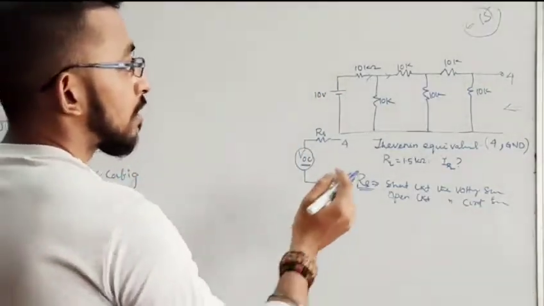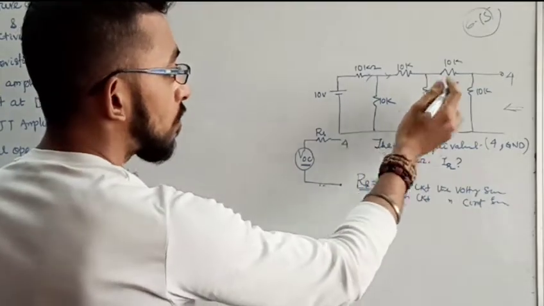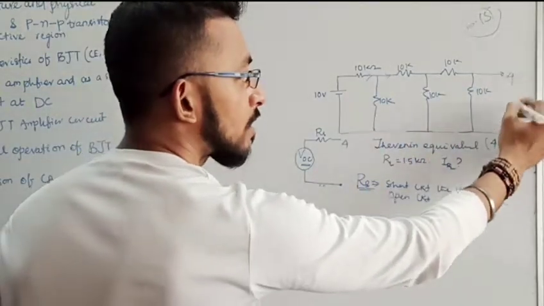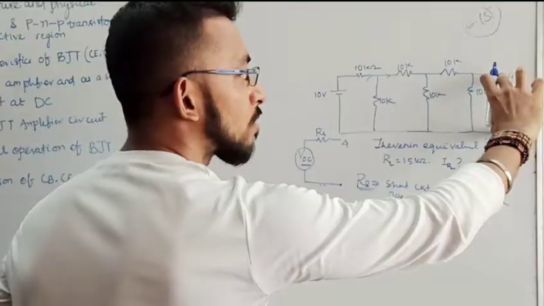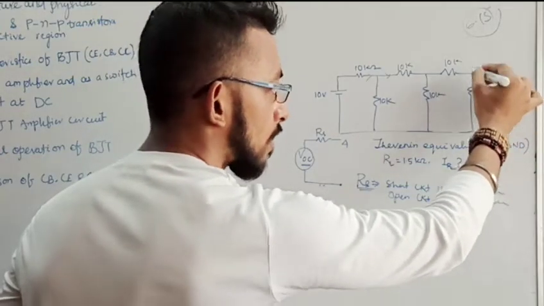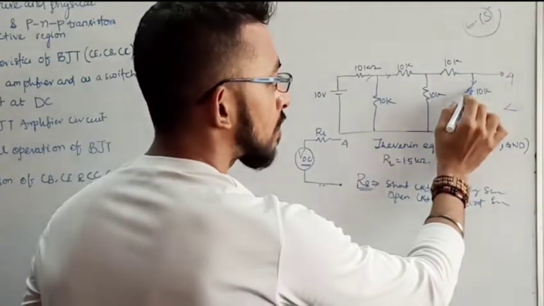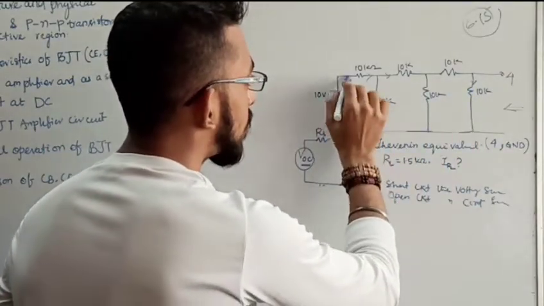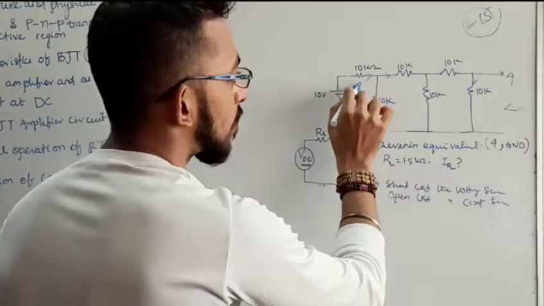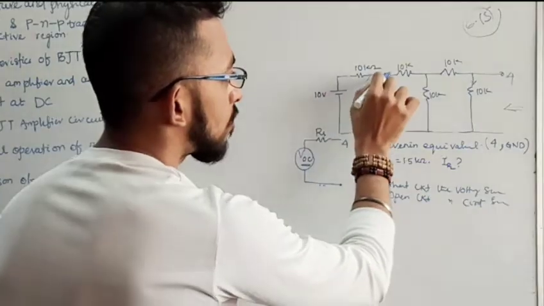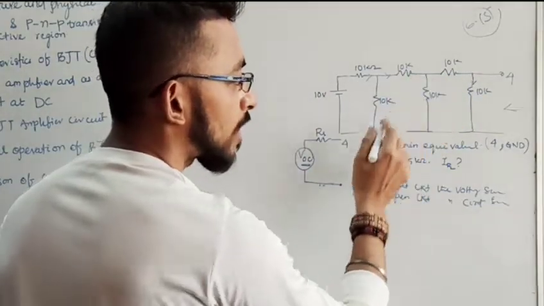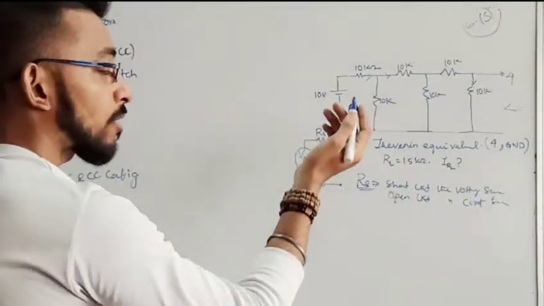Now what we are going to do, we are going to find the voltage across this node. The voltage across this node is nothing but the current across this resistor multiplied by this 10 ohm. The current across this resistor is nothing but the current that is supplied from here. That current will divide into two parts, and again that will divide into two parts like this. So in that way also we can solve.